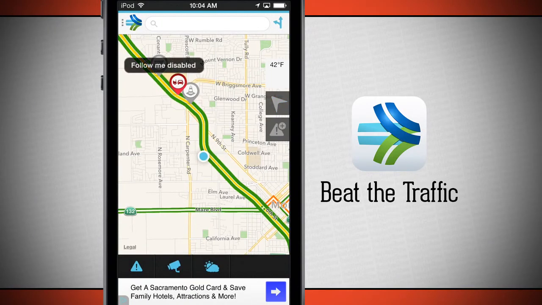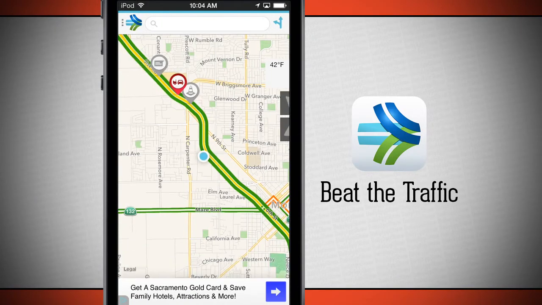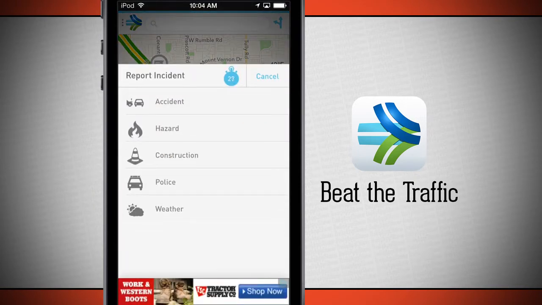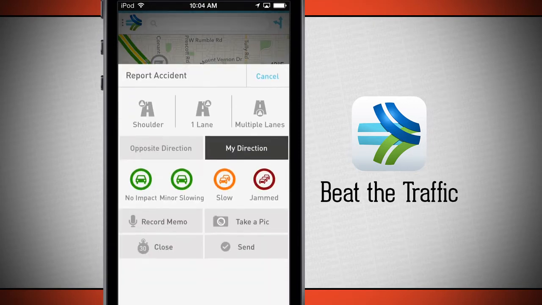If we wanted to report an incident based upon our current location, we'll tap on that incident button and it's going to allow us to report an accident, a hazard, construction, police, or weather. If I wanted to report any one of these, I just tap on the one I want. In the accident report, I can choose whether it was on a shoulder, one lane, or multiple lanes, and the opposite direction or my direction. I can choose the impact: no major, minor, slow, or jammed. I can even record a voice memo and take a picture. Once I've done all that, I can tap send,